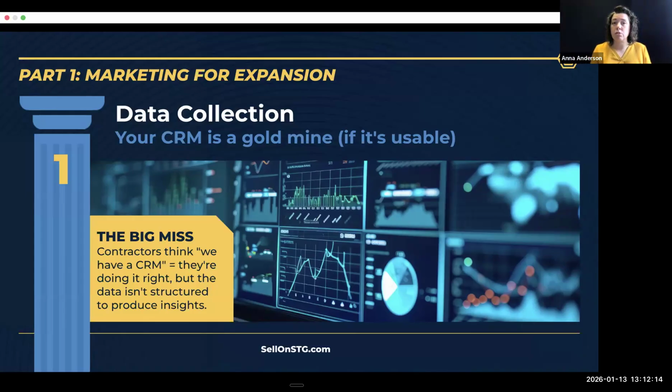But you have to ensure that your entire team understands that this CRM is more than just completing jobs and making sure that lead is followed up on, but it also helps build your strategy for your business growth. And with that, what is the data in which we're going to use in order to pivot and be very strategic about that growth? So as we look at what's the cost of the inaccurate plan,